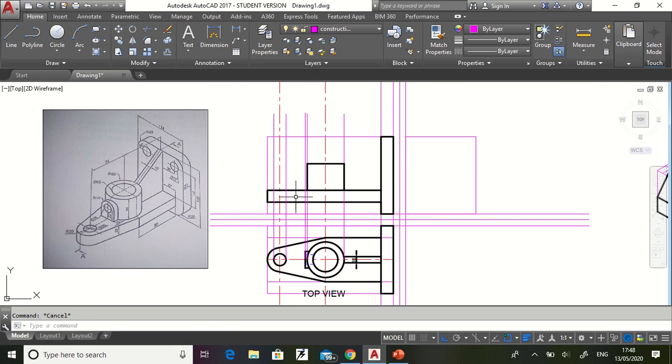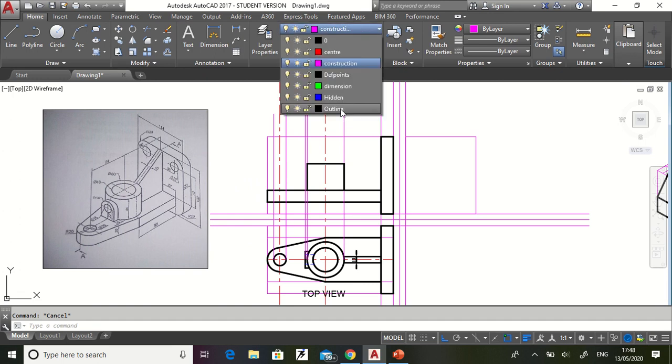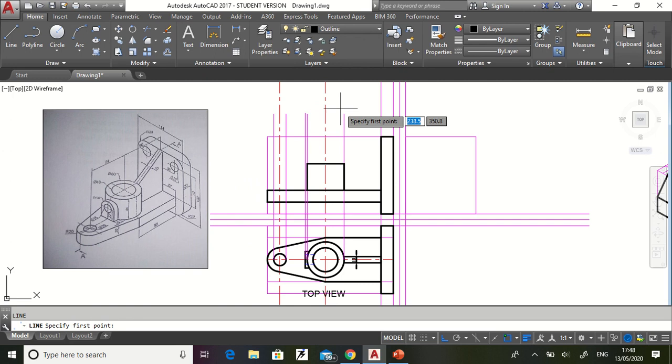At a distance of 22 there is one circle, so go for outline, line starting from here at a distance of 22, then go inside.